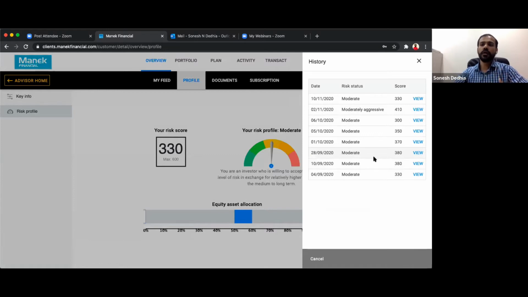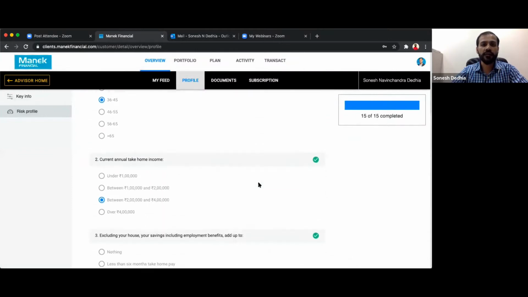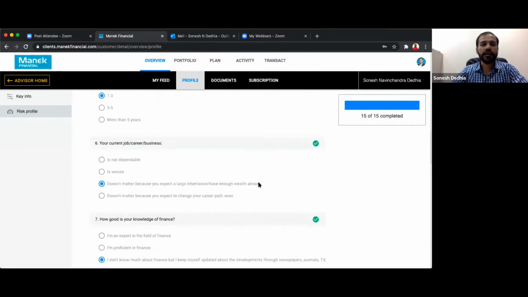This is so important for a conversation over a period of time, when you're helping the customer plan, invest and manage his investments. If you do a risk profiling every year, you will see that the customer's risk profile keeps changing. Sometimes he's aggressive, sometimes he's moderate, sometimes he's very conservative. With that change, this becomes a very good conversation, and you can go to the old risk profiling scores and see what kind of questions he had answered at that point of time, and later on what he's answering.